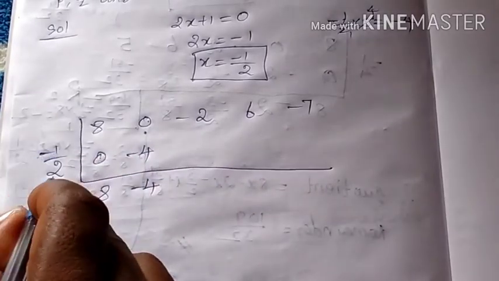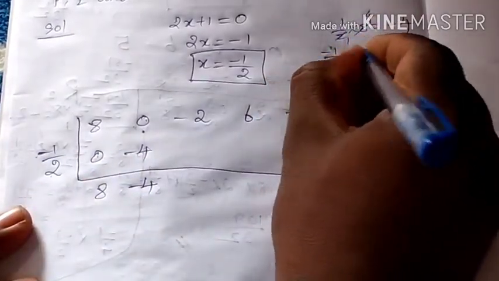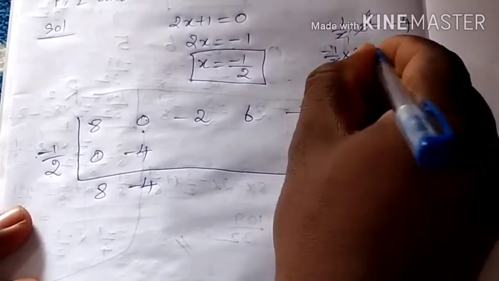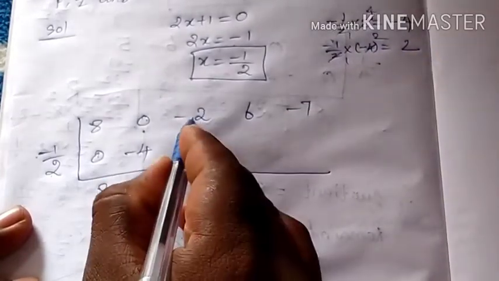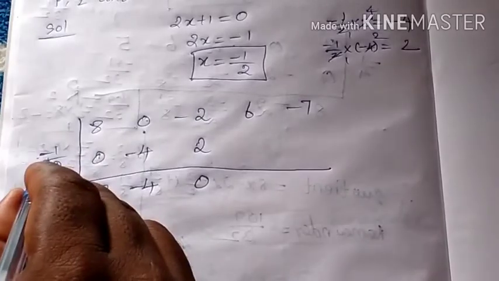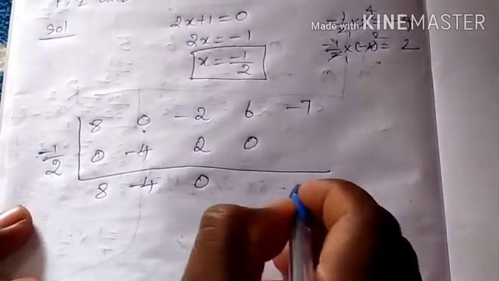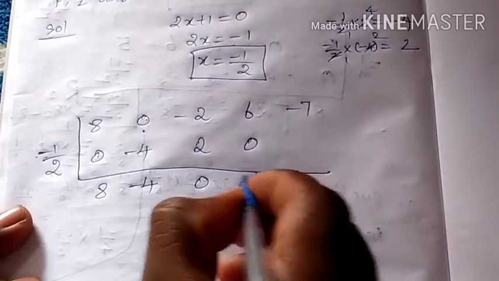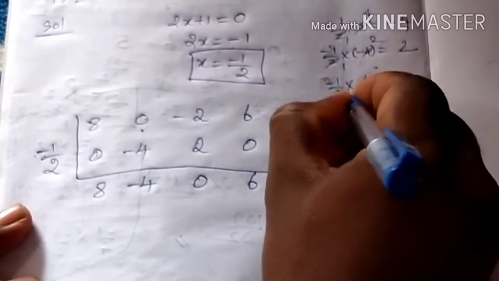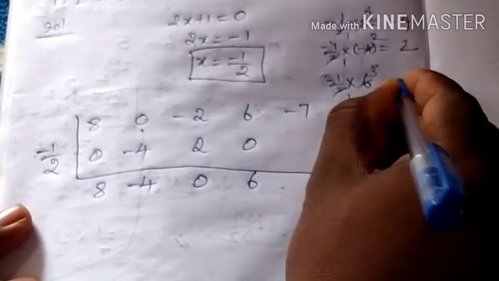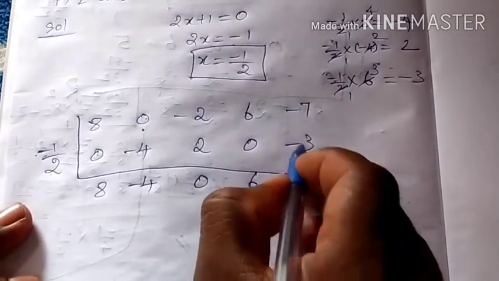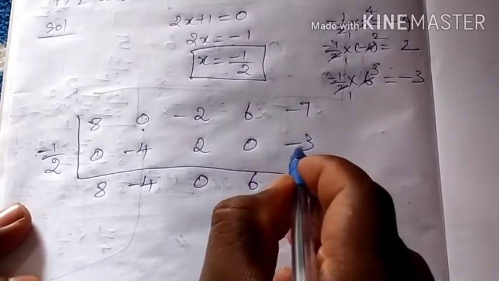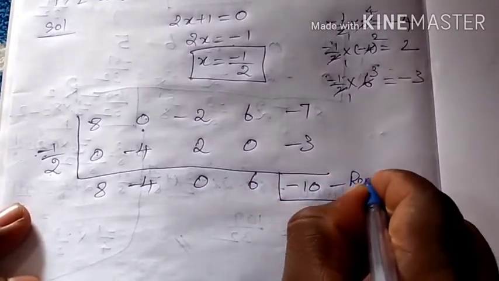Then multiplying minus 1 by 2 into minus 4, which is equal to 1 2s are 2, 2 2s are 4. Minus into minus plus, 1 2s are 2, plus 2. Okay, minus 2 plus 2 is 0. Then 0 with the number is 0. Product of these two values is 0. Then 6 plus 0 is 6. Then multiplying minus 1 by 2 into 6. 1 2s are 2, 3 2s are 6. Minus into plus, minus 1 3s are 3. So minus 3. Okay, then sum of the values: minus 7, minus 3 is totally minus 10. This is the remainder.